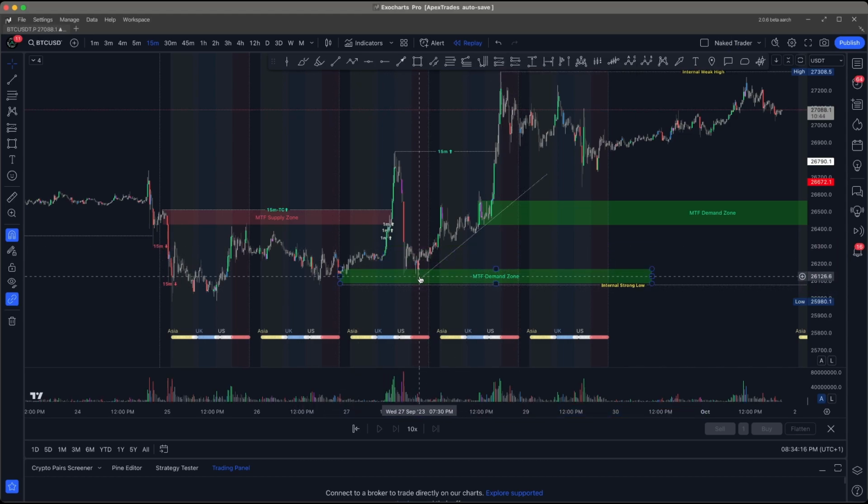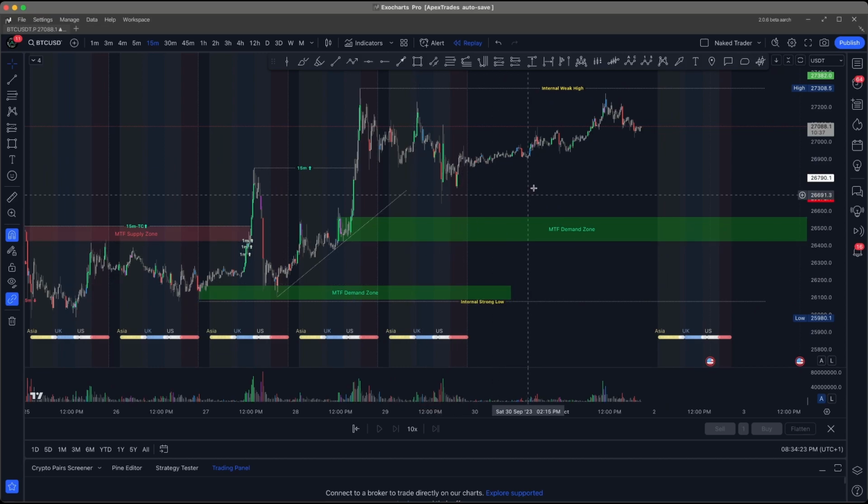Did pick up that second trade here because of this demand zone. Got that 5-1, which was nice, but damn, that could have been a lot more. Look how high that actually went. Theoretically, even if I targeted that 15-minute high there, I should have done that. That probably still would have been about an 8 or a 9-1. But again, I'm happy with a 5-1, but that could have been better, really.